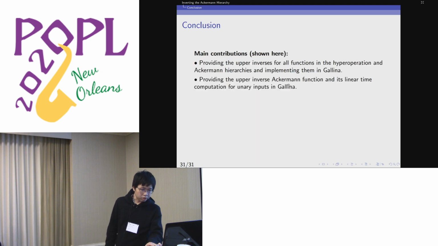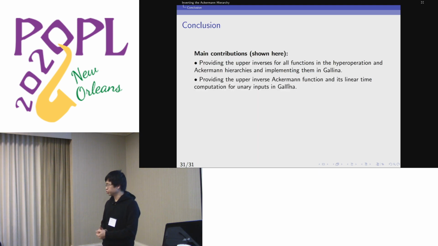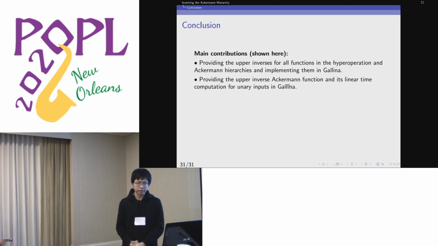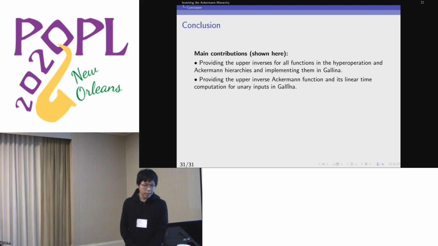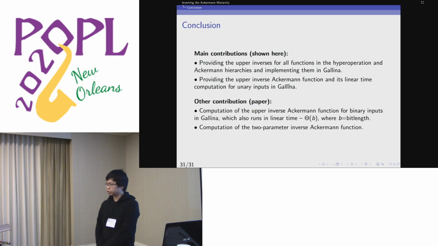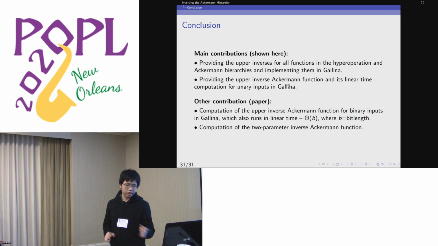So in conclusion, there are two contributions that I have mentioned in this presentation. The first one is the inverse towers for the hyperoperation and the Ackermann function. And you have the log star and the other levels in the hyperoperation. And there are some other contributions which I didn't cover here. So importantly is the